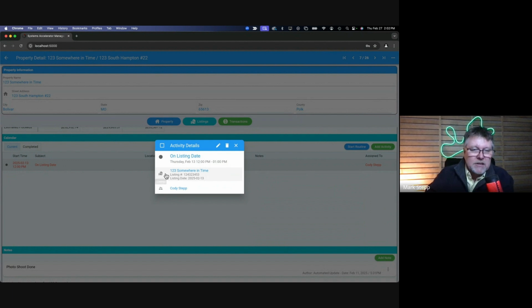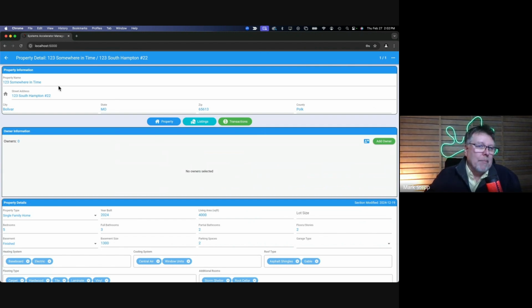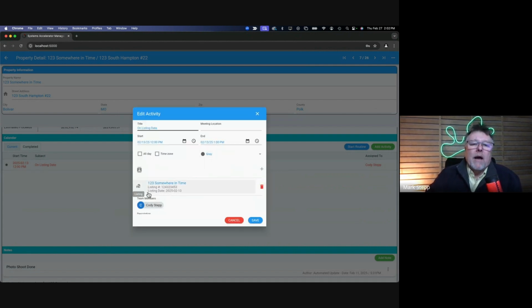It may also list the property and listing link information that it goes to, in which case you can just click on that now and it will take you to that property so you can see the details of that if you want. Likewise, if you're editing an activity, we now have the ability for you to manually select a property, listing, transaction, or project